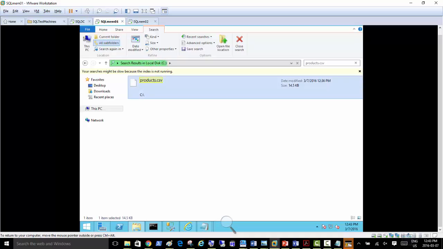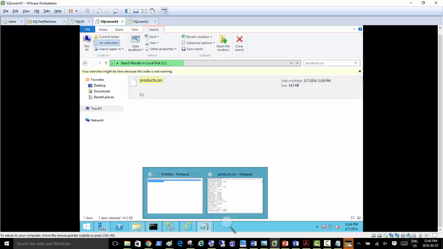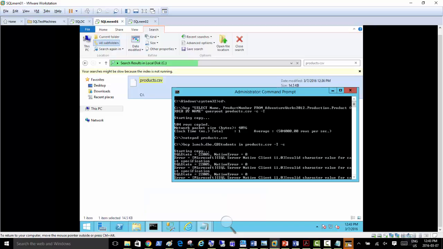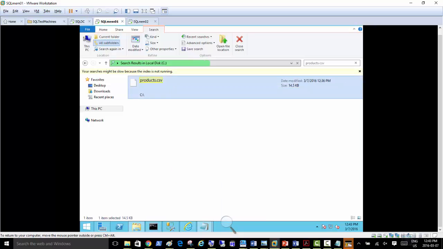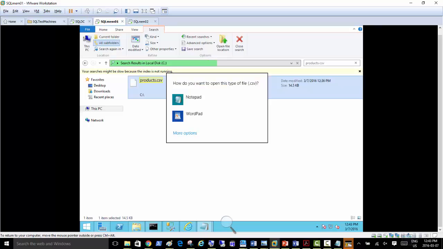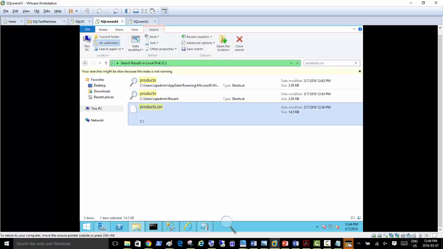When I double click that, it asks which file to open. Yep, it opens fine, so it's in the root of C drive.